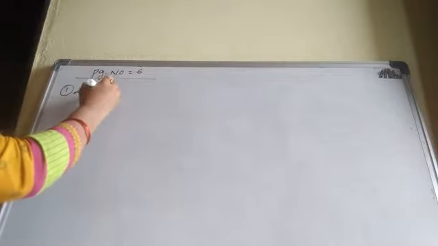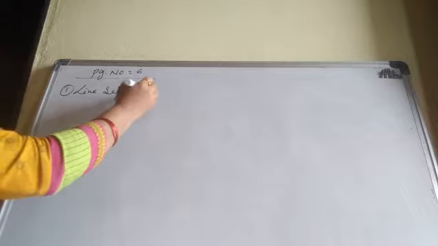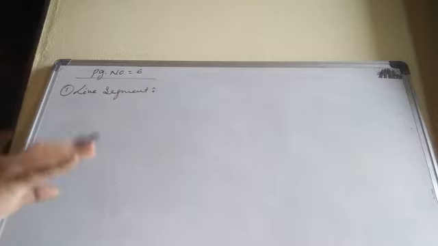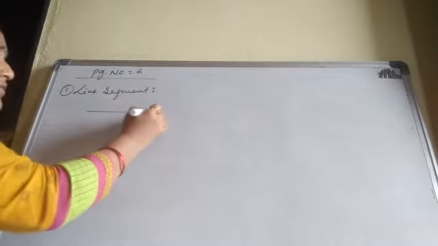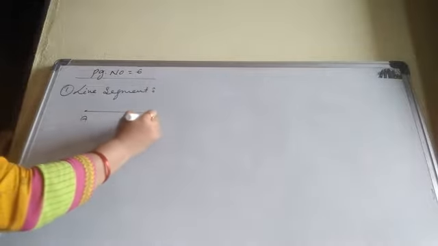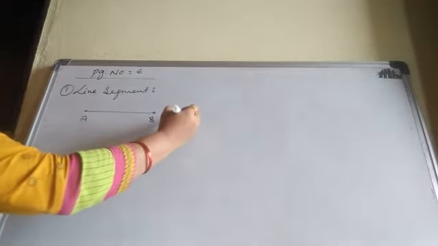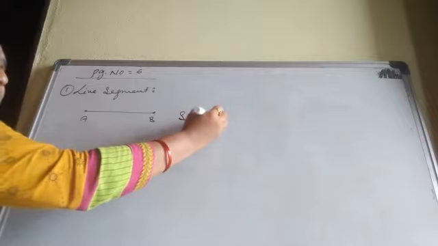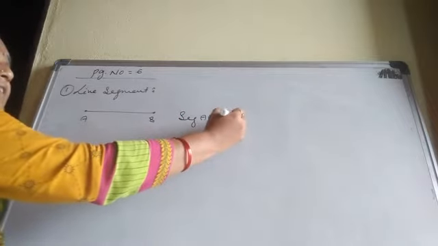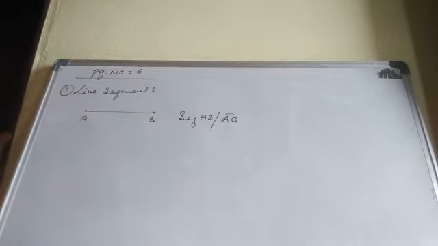The first six definitions we already learned in previous classes. Our first definition is what? Line segment. In the previous class, what did we learn about the line segment? It has two end points. How do we draw the figure? Here, A, B. And how do we write segment AB? Otherwise, symbolically, segment AB. Okay, yes or no?